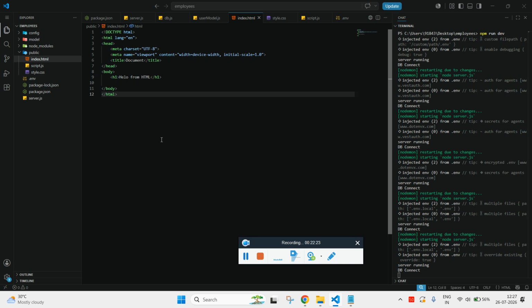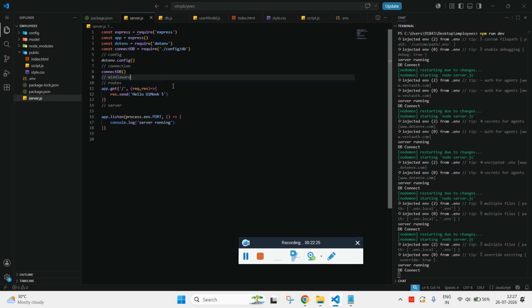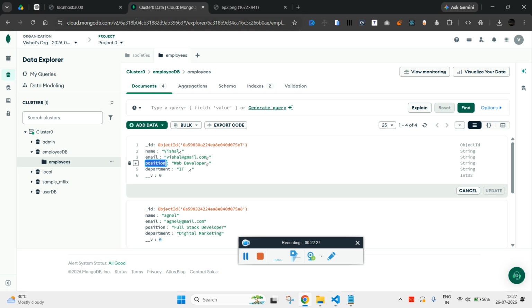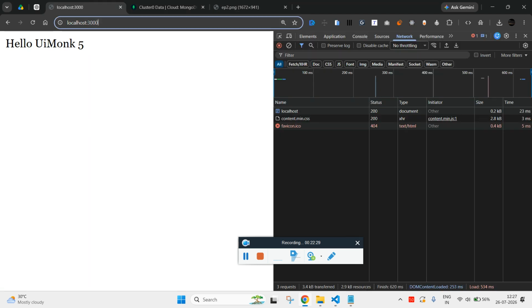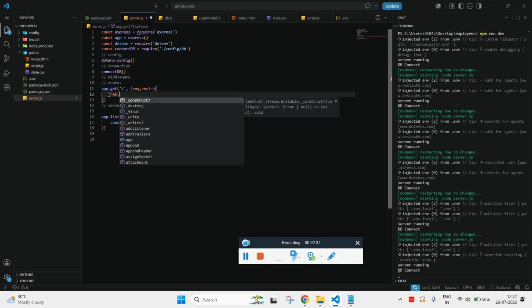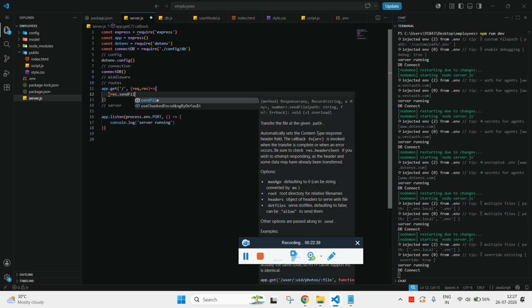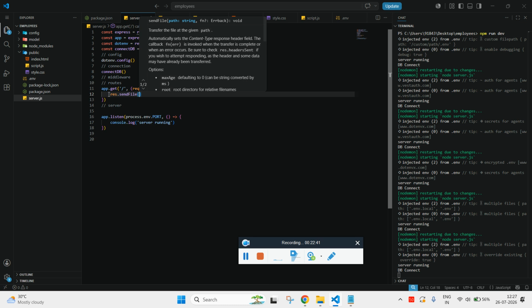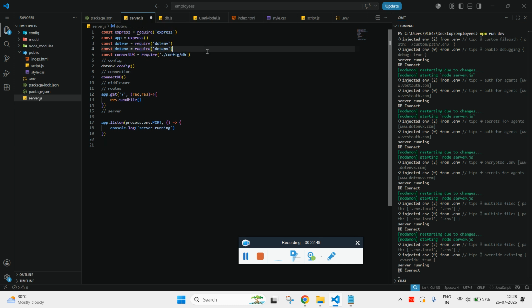In our entry point, whenever I search for localhost:3000, what you see here is coming from a text. I don't want this. I want to send the response as a file. So res.sendFile. Now you cannot directly type public/HTML, so it's not possible. So here instead we need to call a package. That package is going to be